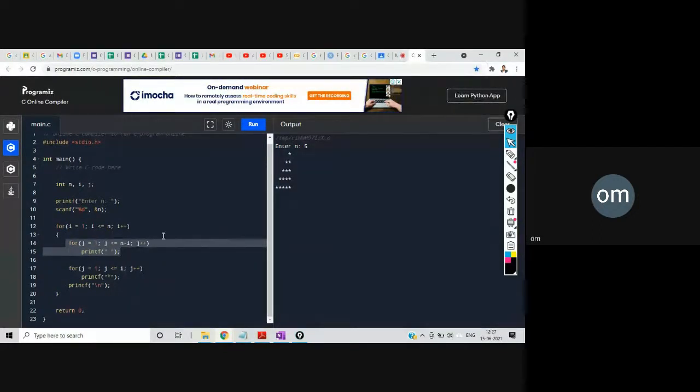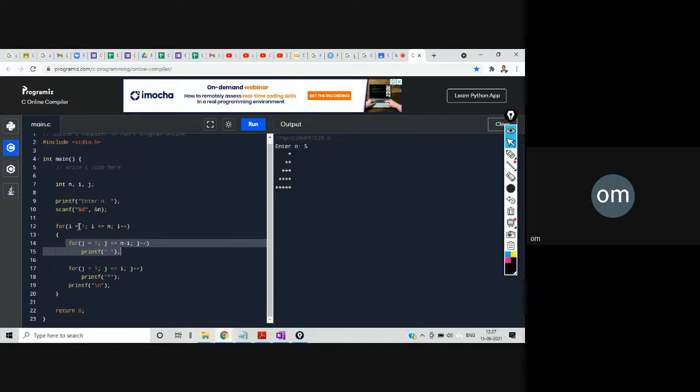Otherwise, we'll move to our next type, that is the fourth type, and that will be the inverse of this particular one, right? So if you put a mirror over here, how will this particular triangle look? So we'll print that triangle, and it's also very easy. I have told you several times that if you want to print an inverse triangle, then you can simply change this i loop. That's it.